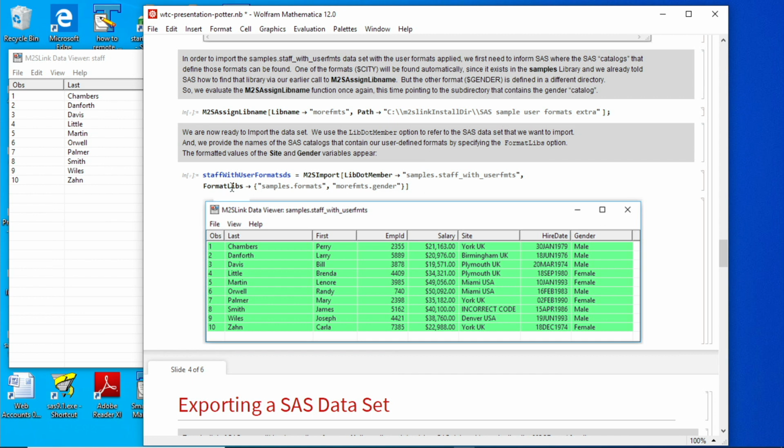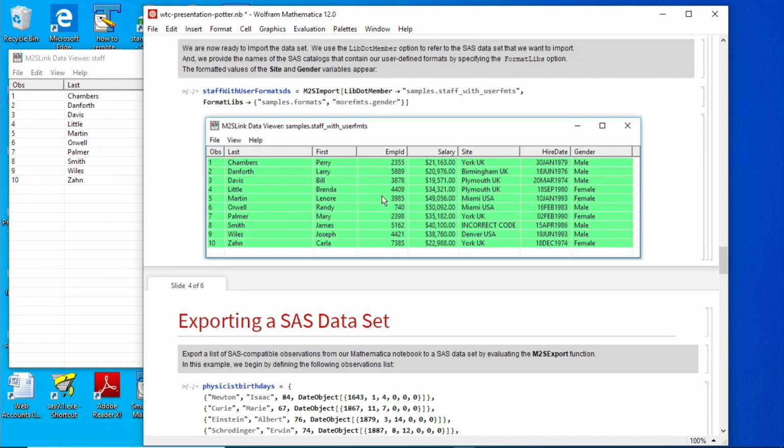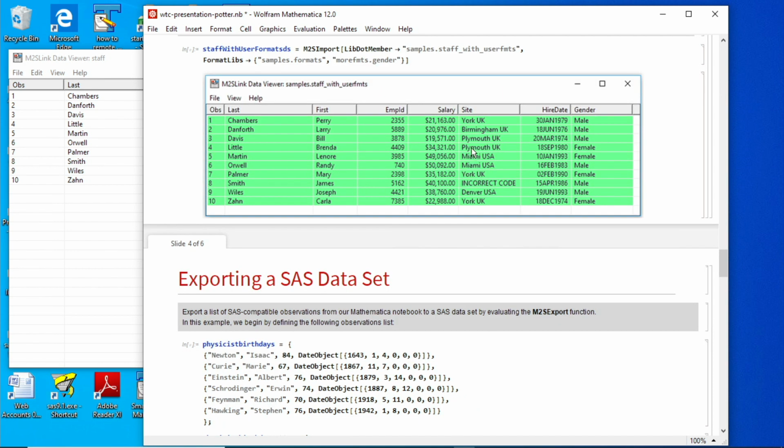So here I'm saying, okay, my format libraries are found in the library called samples, in the member called formats. And there's another one in the library called more formats, and the name of that member is gender. And when you run M2S import and specify those additional formats libraries, then you'll notice that this variable, the site